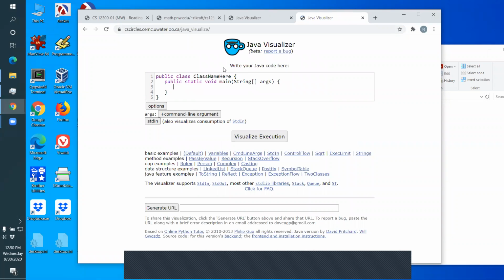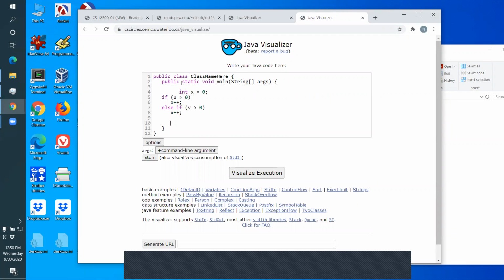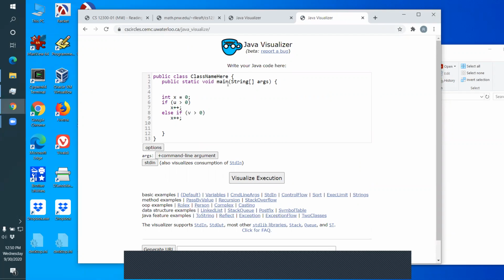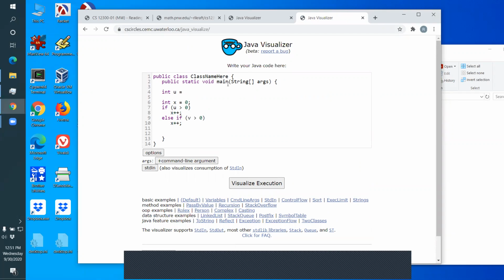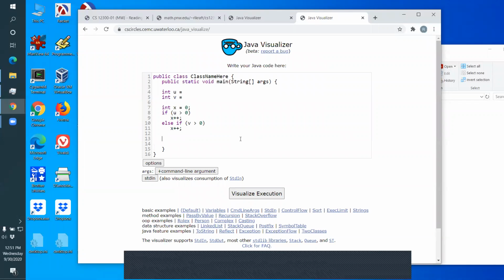Go ahead and put in the Java visualizer so we can have something to work with. Okay. Now notice that this one's got the same idea. There's an int u that I don't know what it is yet, and an int v that I don't really know what it is yet, but I'm supposed to think about what this code would do for any possible u and v. So it doesn't really matter what u and v are. I still want to say what this code does. So I'm really interested in, at the end, if I print it out, in this case,